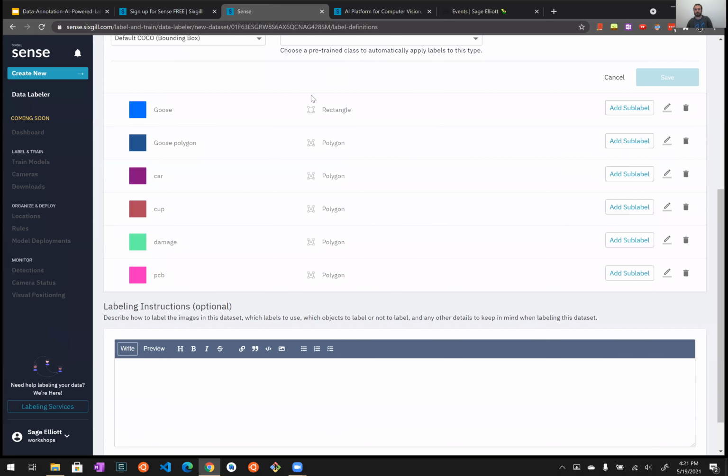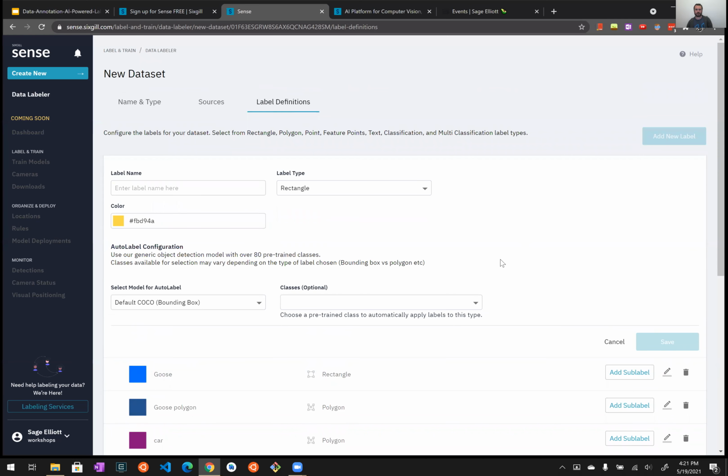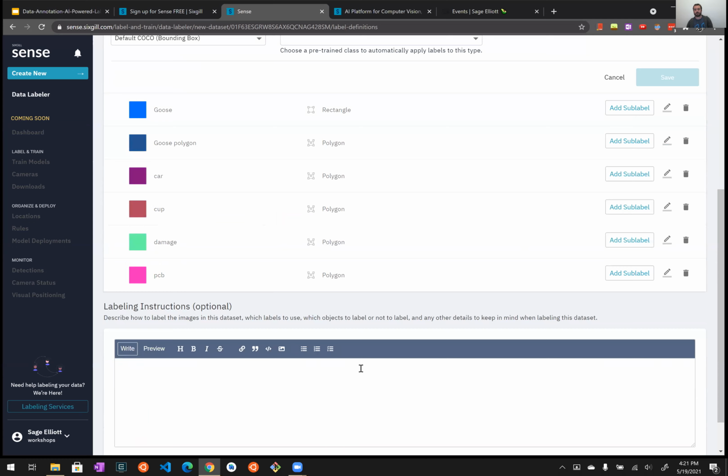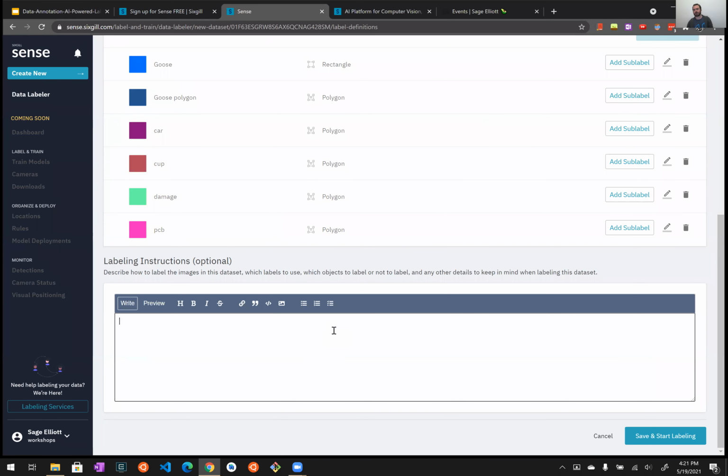So if we did ever want to come back and add more to this, we can. We can go back to our label definitions. If we scroll down, there's this section. It's optional. We're not going to fill it with anything right here, but it is really a cool feature if you're working with a team. Typically, you want to write pretty specific instructions of how to label your images. And you can also provide